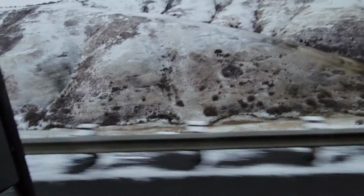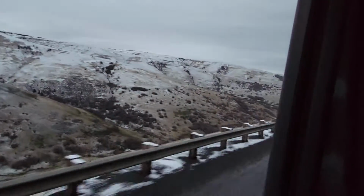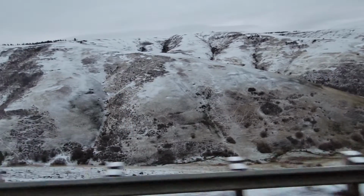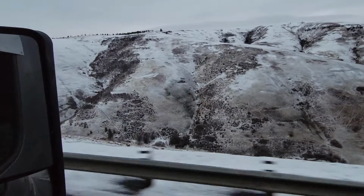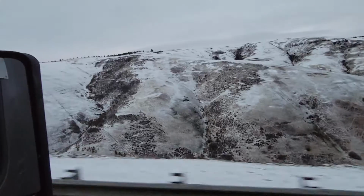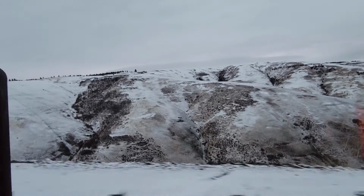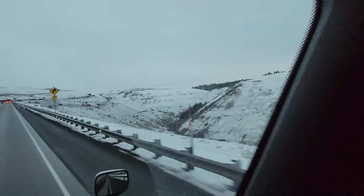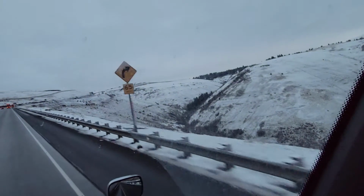Look at that. Yeah, beautiful. Beautiful cliffs, beautiful drop-offs. Yeah, if you don't like heights, I definitely recommend staying off this road. Or get in the left lane, where you can't see the drops because